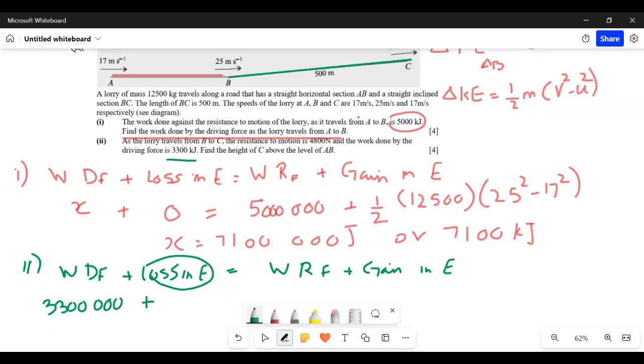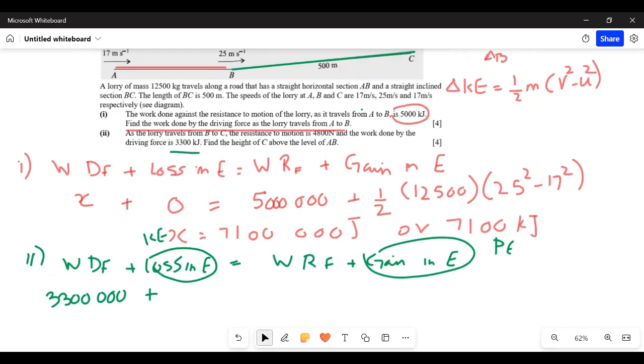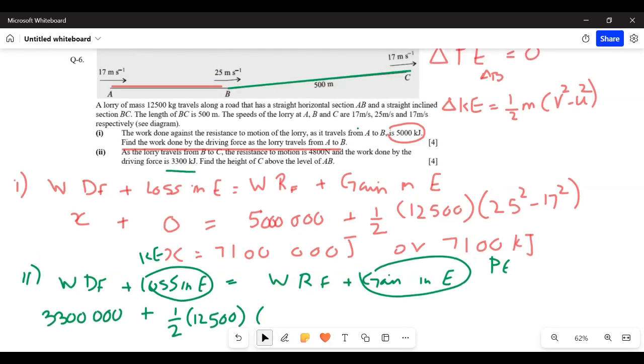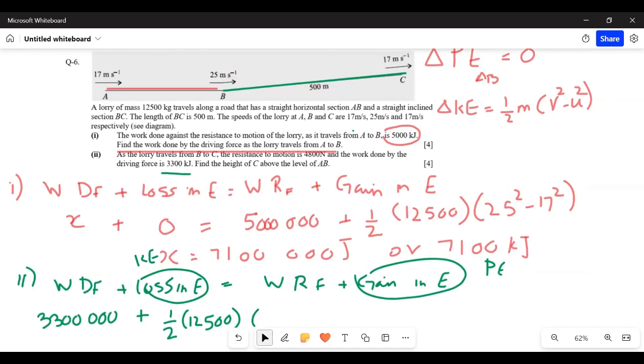ये वाला काइनेटिक एनर्जी हो गया और गेन इन एनर्जी है वो पोटेंशियल एनर्जी है क्योंकि हाइट बढ़ रही है। अच्छा, अब लॉस इन एनर्जी काइनेटिक एनर्जी के फॉर्मूला में मैं हाफ और एम कॉमन ले रही हूँ, तो हाफ ब्रैकेट के बाहर आ गया, एम भी ब्रैकेट के बाहर आ गया, एंड इनसाइड द ब्रैकेट वी राइट बिगर स्पीड स्क्वायर माइनस स्मॉलर स्पीड स्क्वायर, सो 25 स्क्वायर माइनस 17 स्क्वायर।